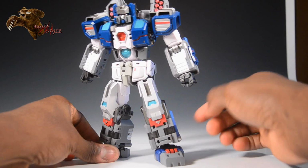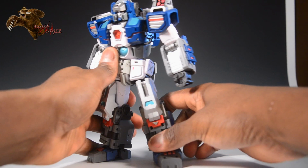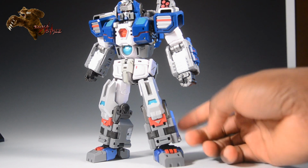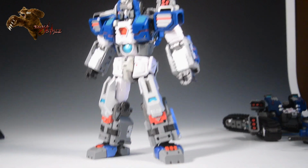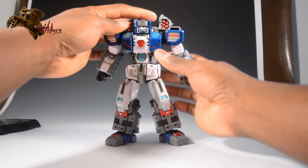It is very well done. Like, excellent thought and engineering behind that. Because you're going to see in the Super Robot mode that there are areas where he has the chance of being back heavy, but this totally takes care of it. So very good. Now, looking at the posability of the figure,